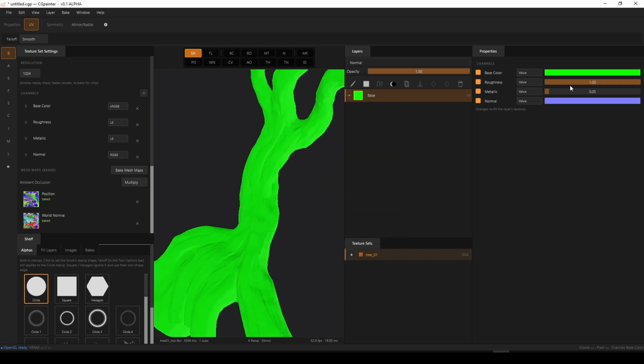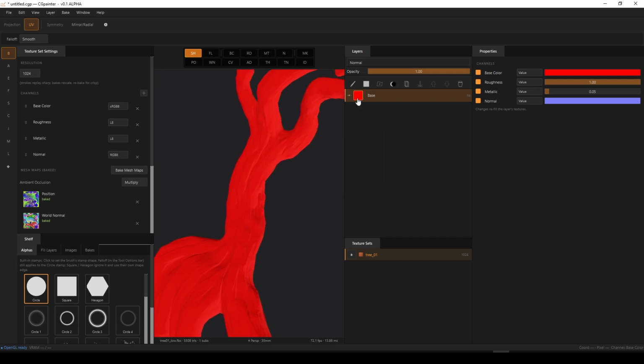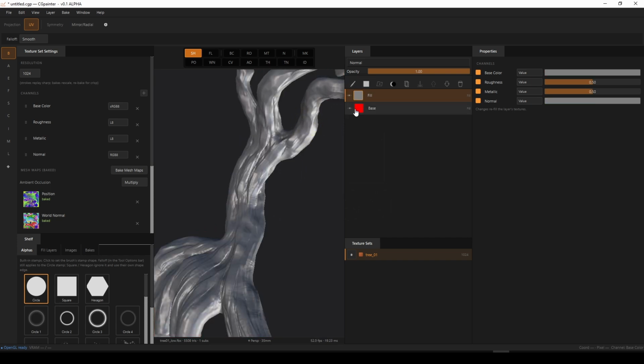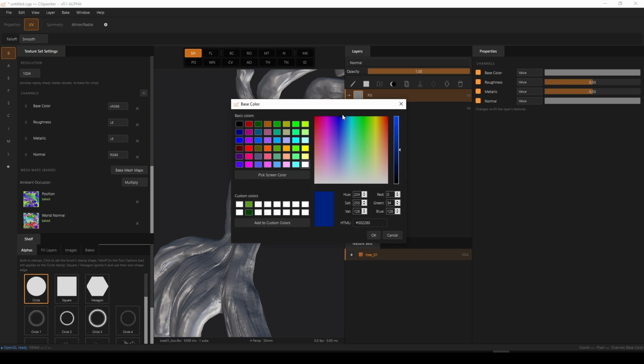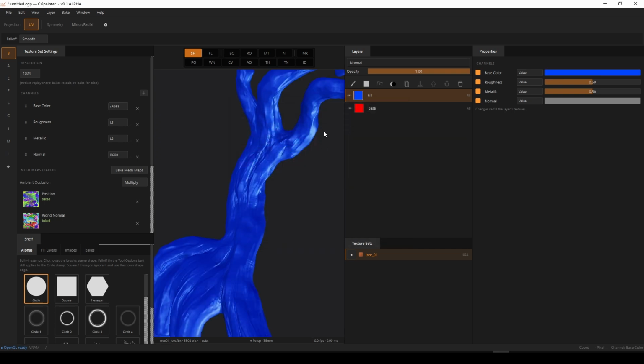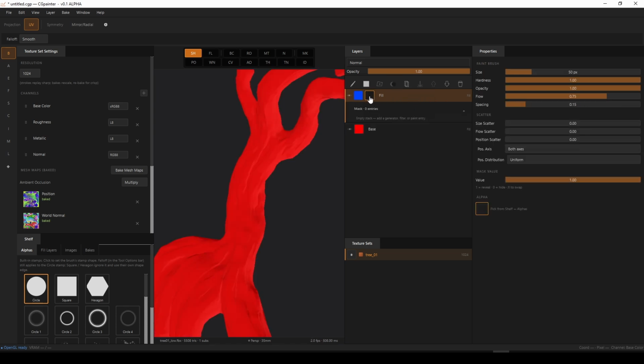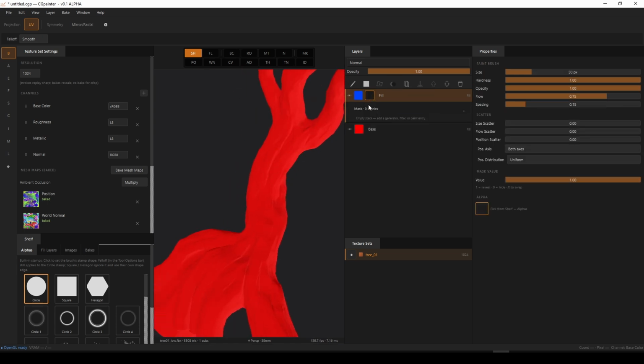So for this example, I'm just going to put, let's say, red. I'm going to add another fill layer. Obviously, since it's the top fill layer, it's going to overwrite. So what we're going to do is put this to blue or something, and then we're going to add a mask. So when you click on this, or you can right click, add black mask, right? We're going to add a black mask, and this is not very interesting because we can either